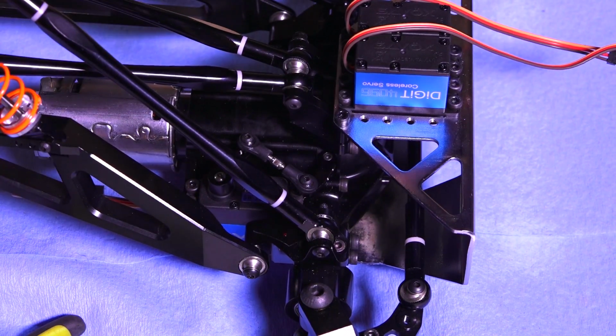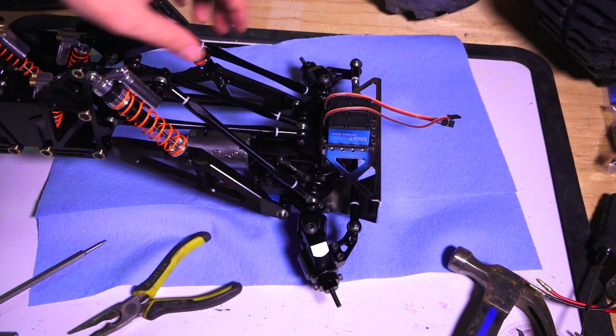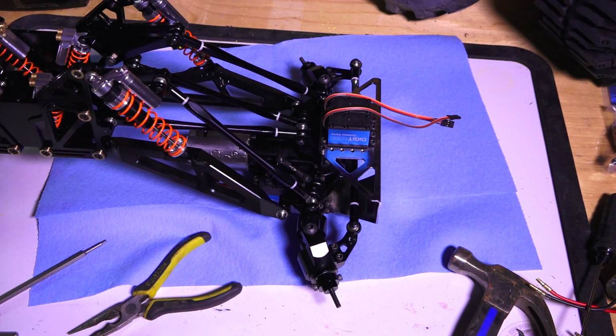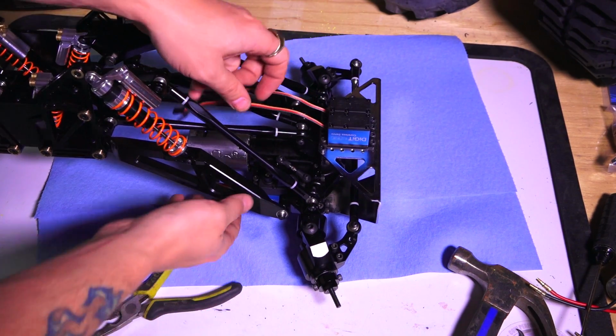Sure to do the other side, same thing. I've got both sides complete now, nice and solid. The links are set up, yes. Okay, let's take these